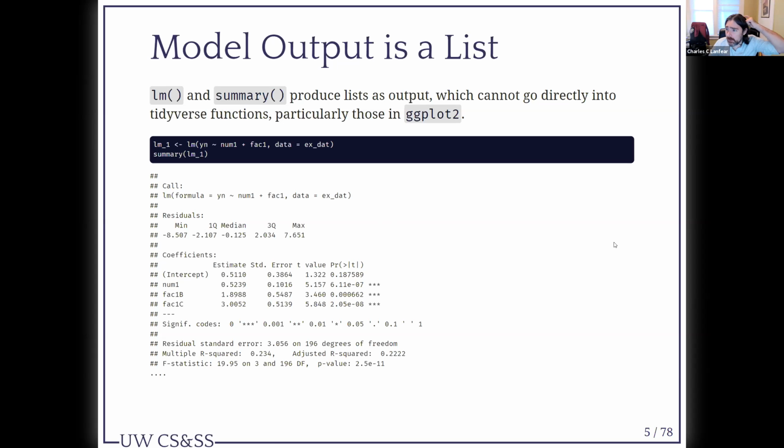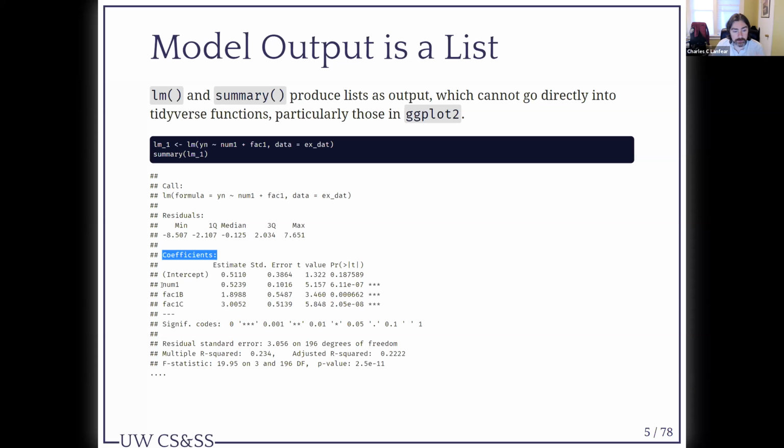Text might be a little small. Sorry, I had to cram it all on one slide. So if I run a really simple little linear model here with some play data, if I run summary on the lm, I get this big printed output that has a whole bunch of random stuff in it, right? It has the call, the original function call used to generate it. It has information on the quartiles of the residuals,